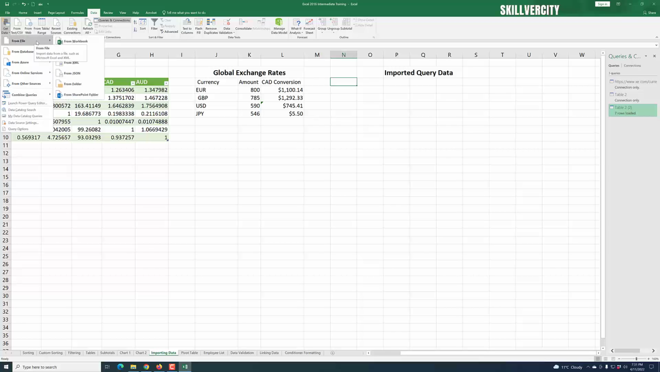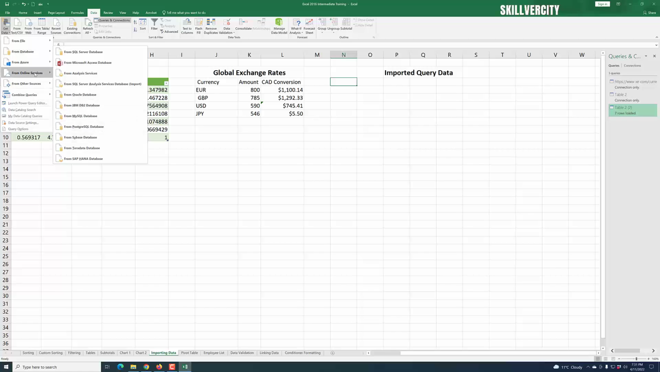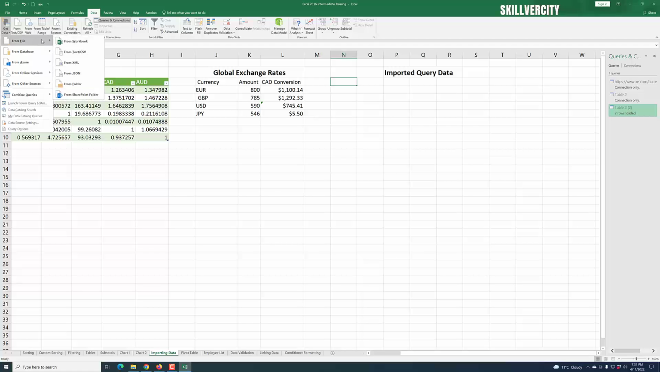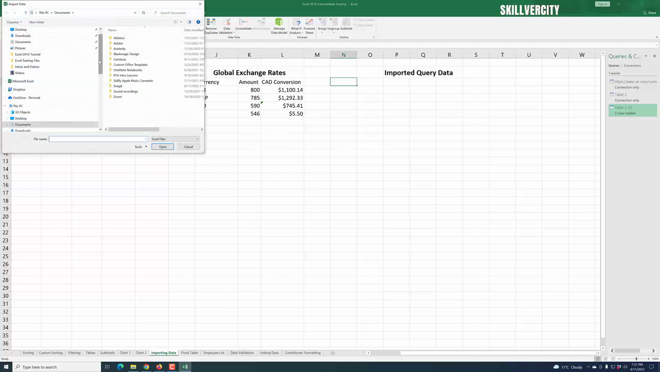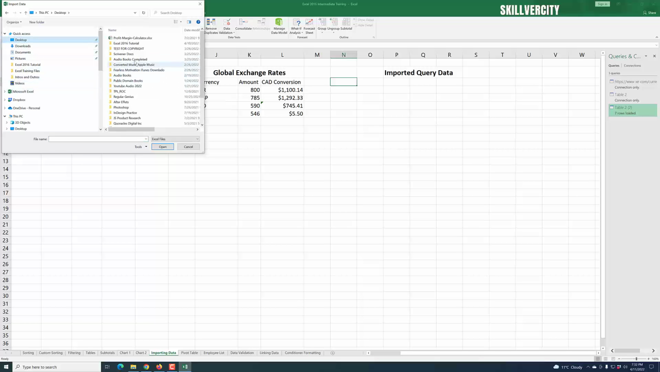And then there are many options here. There's workbook, text, and so on. You can pull data from databases. You can pull data from online services such as Facebook, SharePoint. But for now, we're going to pull data from within our workbook, from the previous workbook stored in this computer. So I'm going to click on that, and I'm going to locate that information, which is somewhere in my computer. Let's click on that, Excel